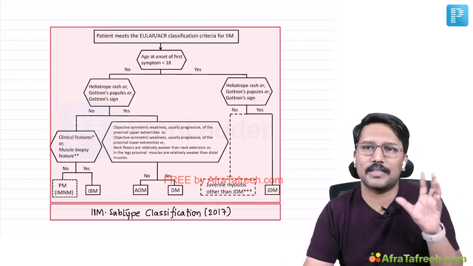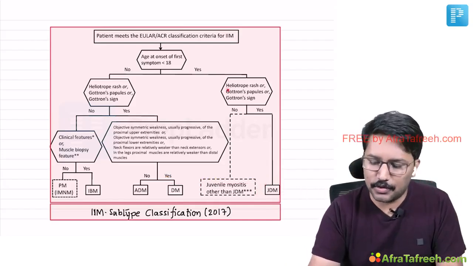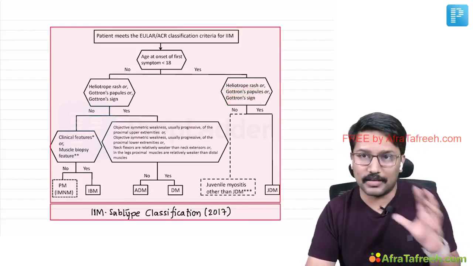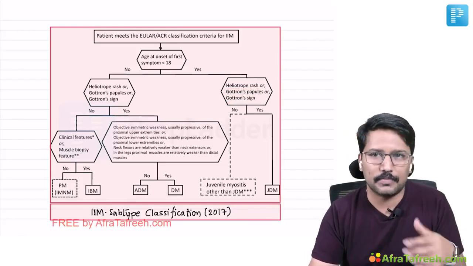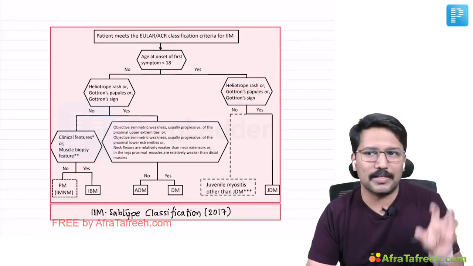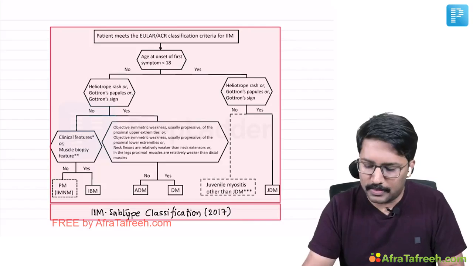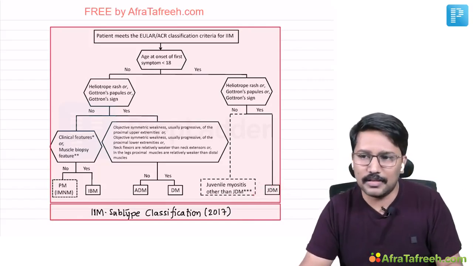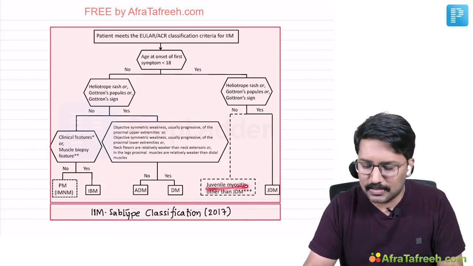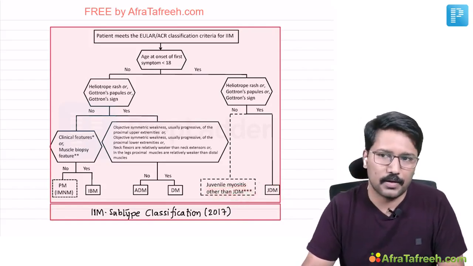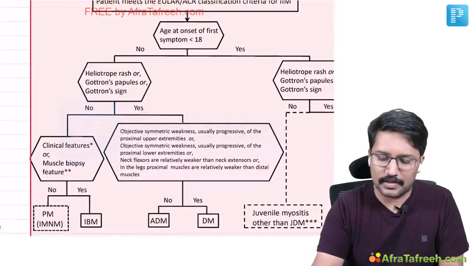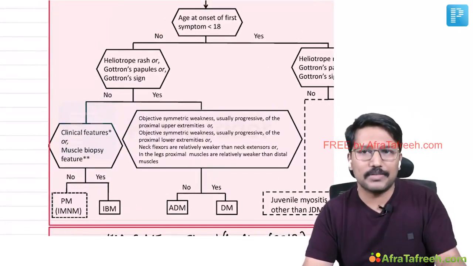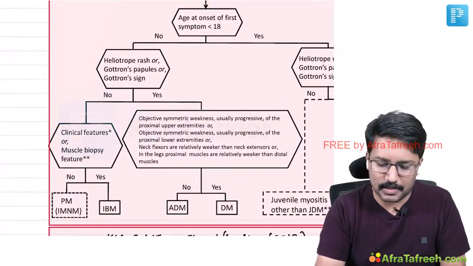So we will see if there are skin manifestations. If the patient has heliotrope rash, Gottron's papules or Gottron's sign, these three are considered diagnostic cutaneous manifestations of dermatomyositis. If they are present in a patient who is under 18, we will diagnose it as juvenile dermatomyositis. If they are not present, then the diagnosis would be juvenile myositis other than JDM. On the other hand, when we are dealing with an adult patient, 18 plus, if they have skin manifestations, the same thing that I am talking about,